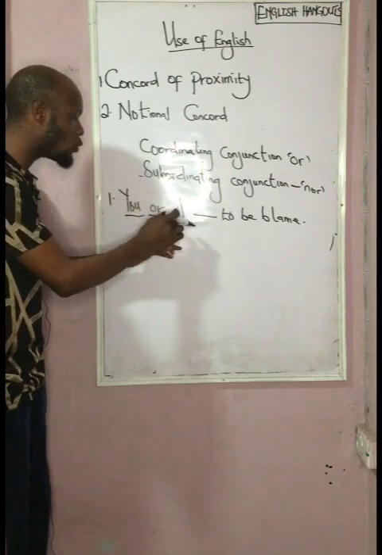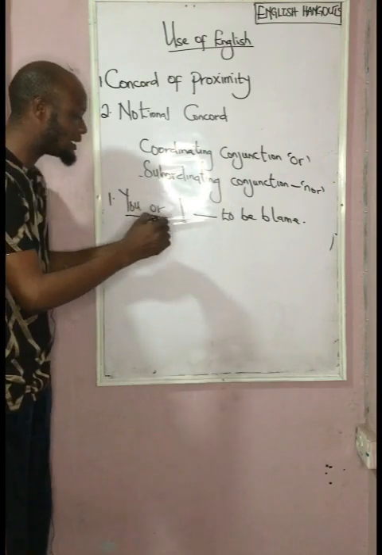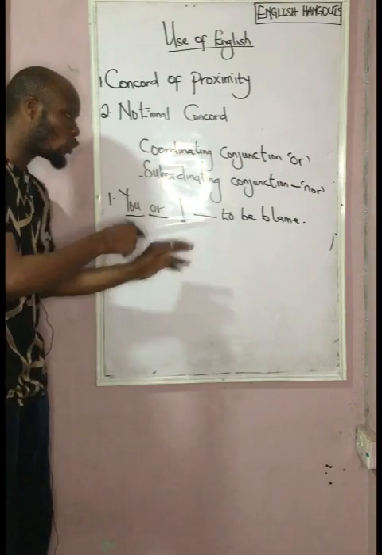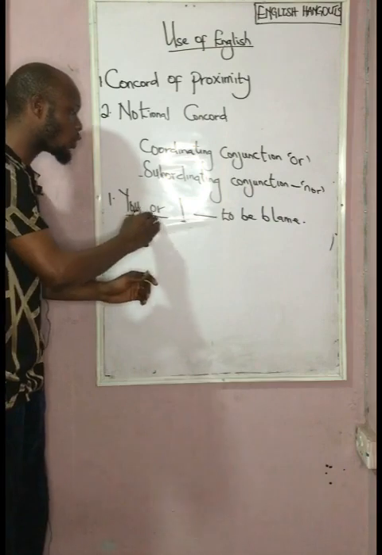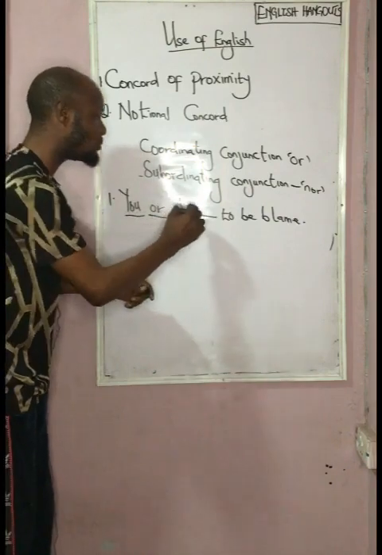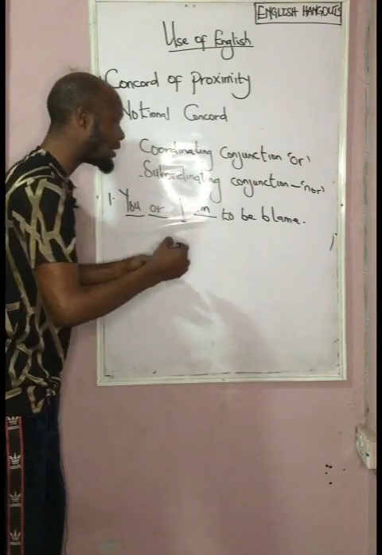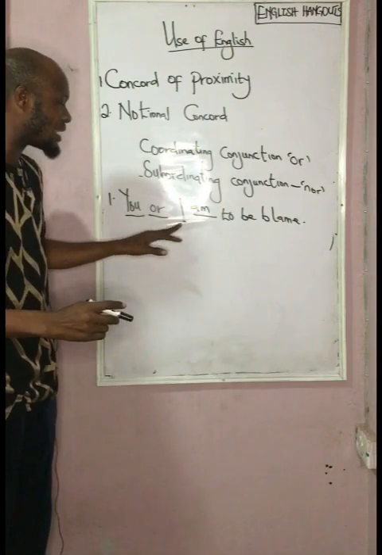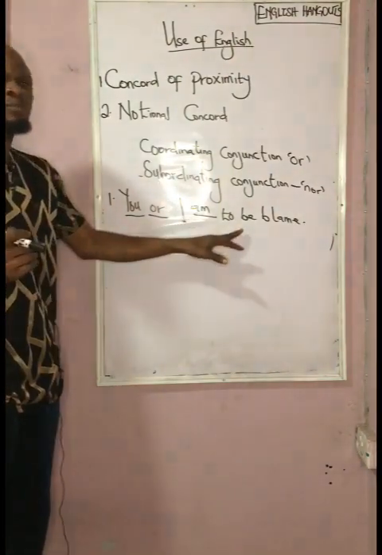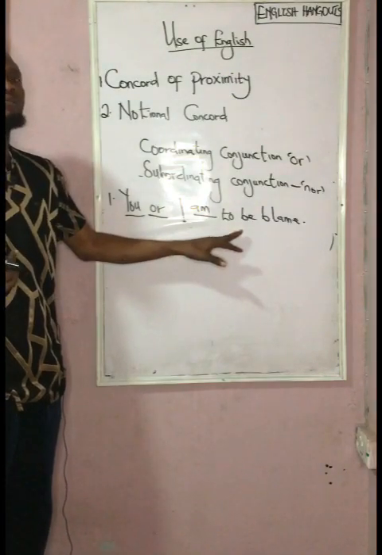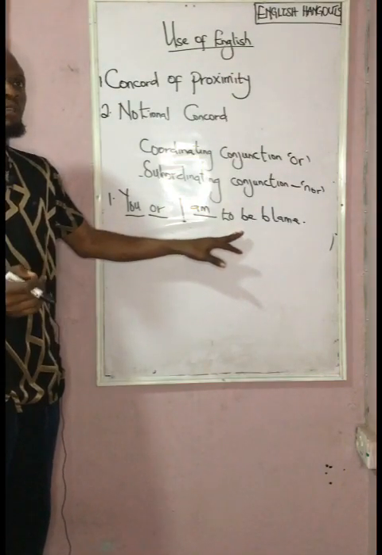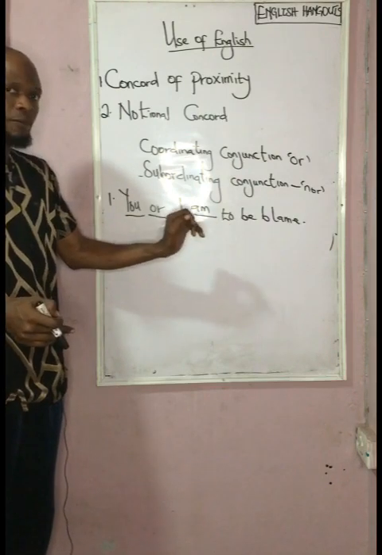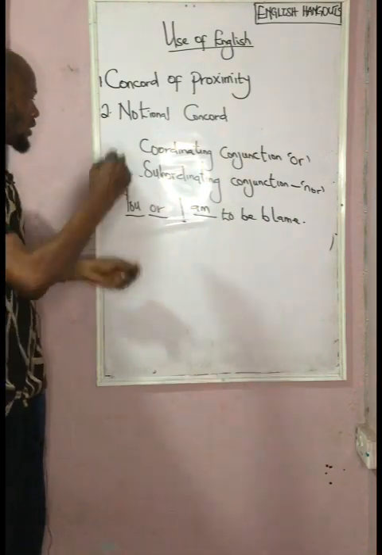The I here will be the factor that we must consider in order to choose a verb that will flow with this sentence. You or I dash to be blamed. I am to be blamed. This particular expression may seem odd to an average person, but when we are dealing with standard English, this is what we must stick with. Number 2,